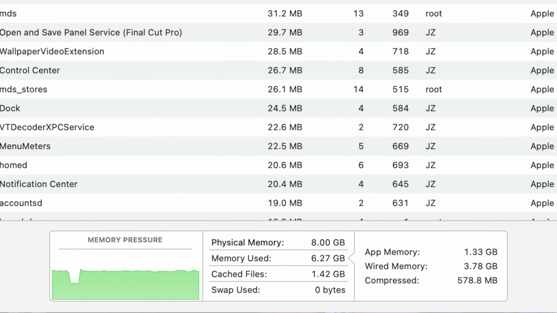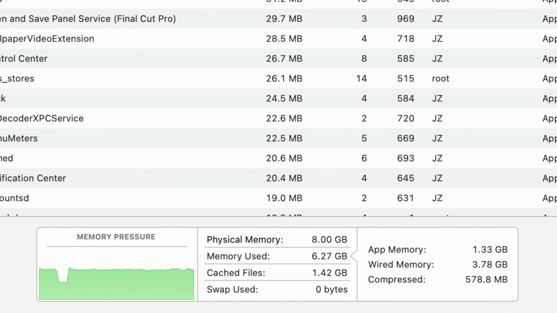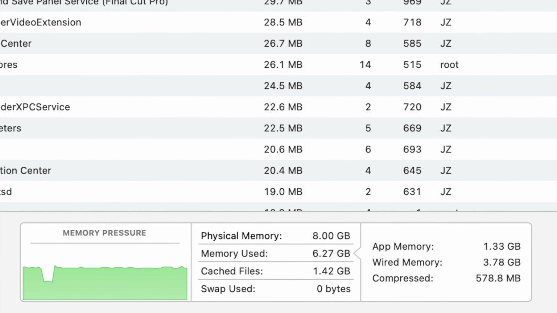So the way that macOS manages memory, it does a couple of things. It uses the swap file, of course, but it also compresses RAM in the background. Because of that RAM compression and the way that it also handles cache files, OS X or macOS wants to use as much memory as possible. Not only will it give you application memory, but at the same time, it wants to cache as many files as possible. Now, as you start going through your day and as you start loading up more application memory, it's going to purge those cache files and hand over that memory to application memory,